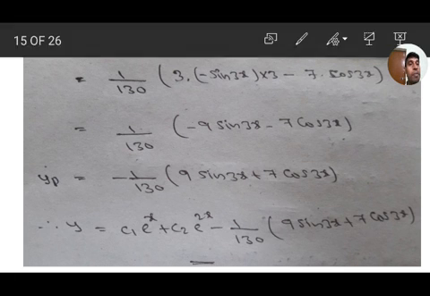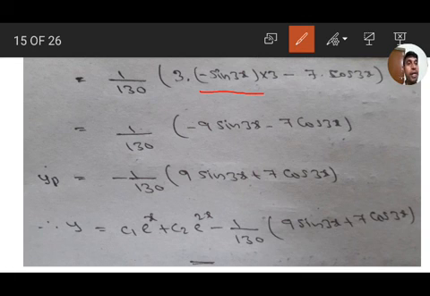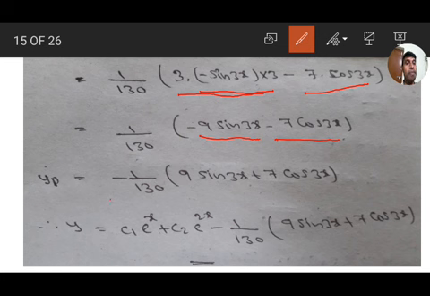Next, 1 by 130 times the derivative of cos 3x, which is minus sin 3x into 3, so 3 into minus sin 3x into 3 minus 7 into cos 3x. So we get 1 by 130, minus 9 sin 3x minus 7 cos 3x. Minus is the outside, we get minus 1 by 130, 9 into sin 3x plus 7 into cos 3x. Therefore, the general solution is y equal to CF plus yp, that is complementary function plus particular integral,